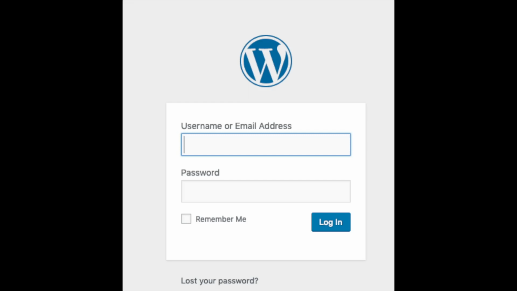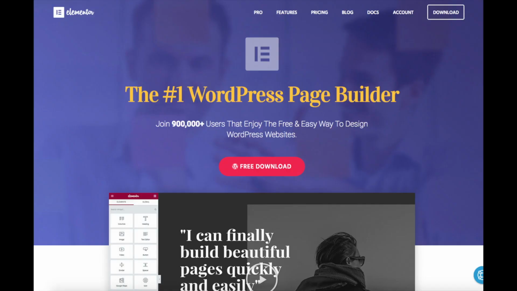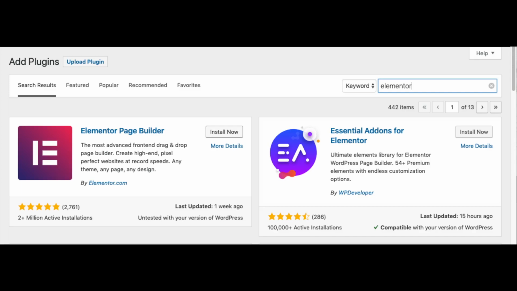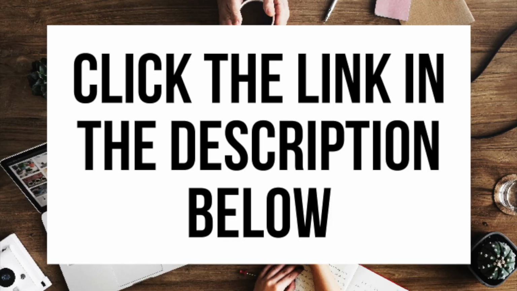Another great resource that is helpful and used by over 500,000 users is a drag and drop editor called Elementor Page Builder. Elementor Page Builder makes starting and creating your WordPress blog easy. You can make edits by dragging and dropping. Search Elementor Page Builder on the plugins page and install and activate it if you'd like to try it out. Elementor has a free and paid version. I provide the link in the description so you can check out and compare the features of the free and paid version.